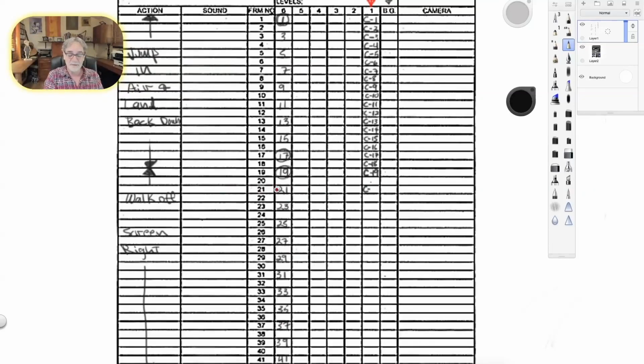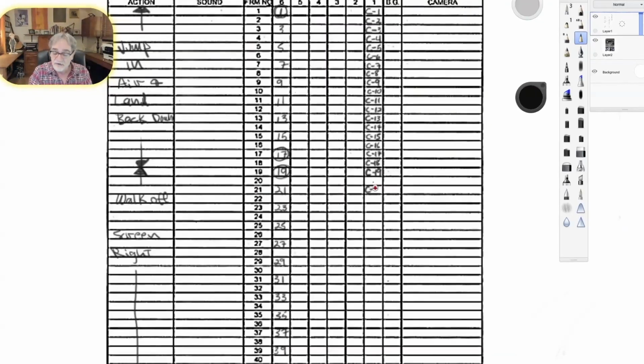It's easier for me to see exactly what frame I'm on. So I got all of them on odd numbers, which brings me right back to twos. So it's going to be a slow walk. I do all the animation on twos, meaning each drawing is going to be shot for 2 frames of film.